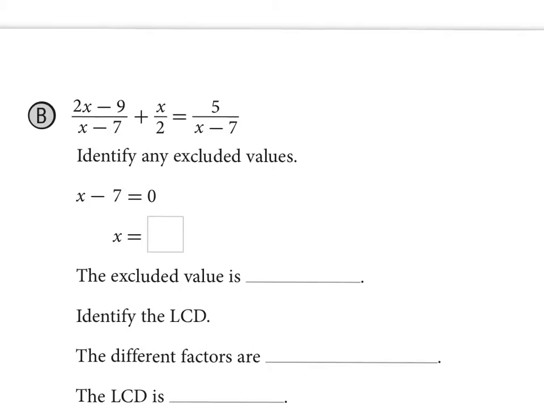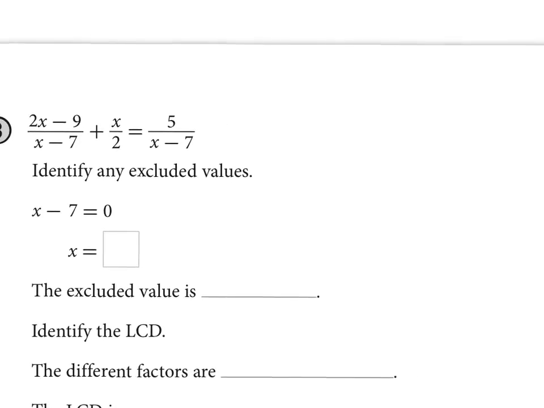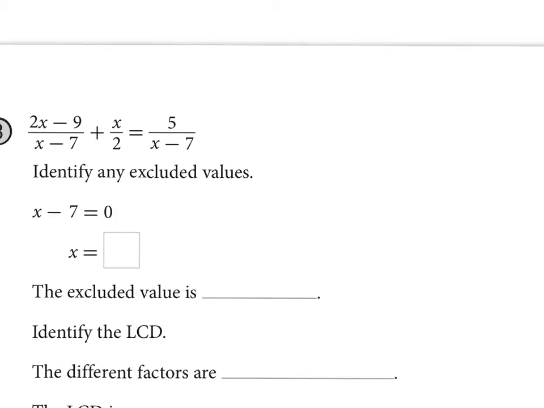So now we're going to go back up and do problem B at the top of this page. Notice that this problem now has 3 pieces to it. It has 3 terms. That doesn't necessarily change the way we approach the problem. We still first and foremost need to have common denominators. So I'm going to rewrite my expression, using this space over here to the right. So I have 2x minus 9 over x minus 7